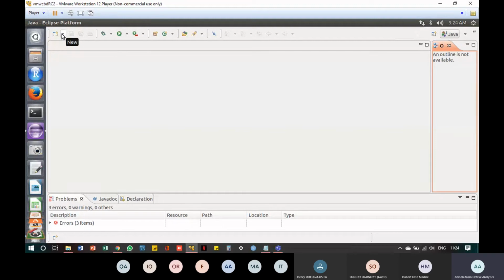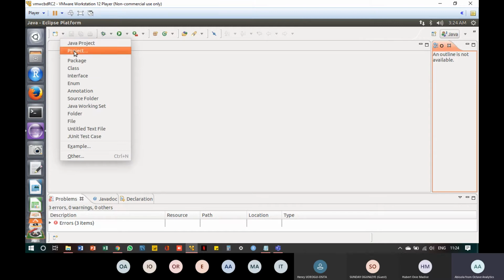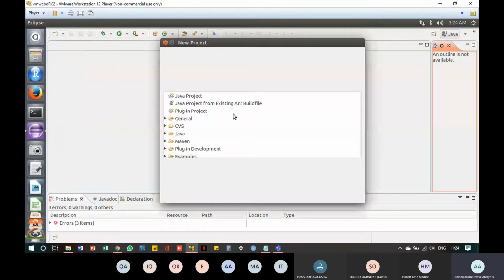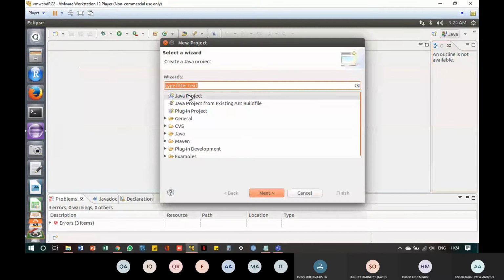Right click on your interface, select new, and after selecting new, select project. So it's going to open up a Java project wizard for you like this.